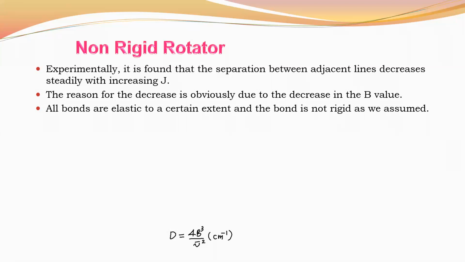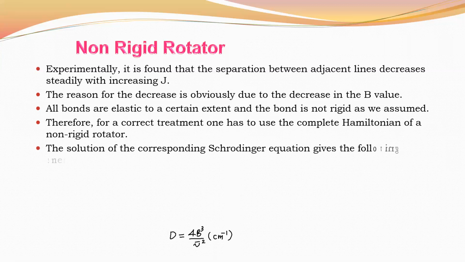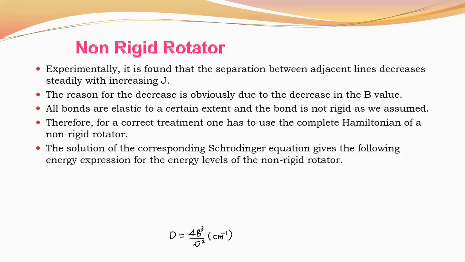We assumed in the previous case a rigid rotor. Practically, the bonds are not rigid. Therefore, for the correct treatment, one has to complete the Hamiltonian of a rigid rotor, or we have to find the solution of the Schrodinger equation corresponding to a non-rigid rotator. So the solution of the Schrodinger equation for a non-rigid rotator is given by